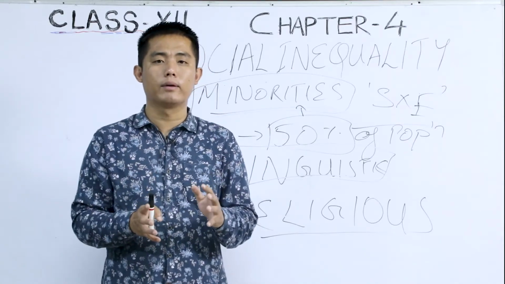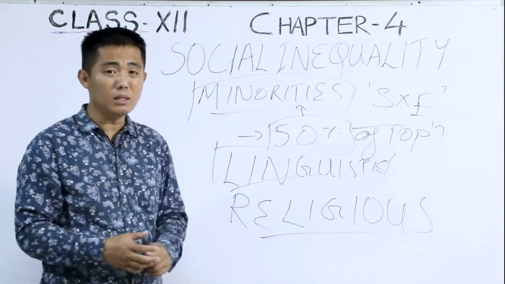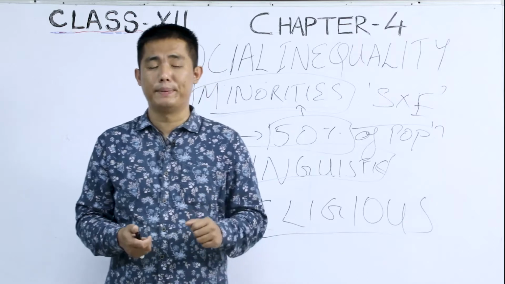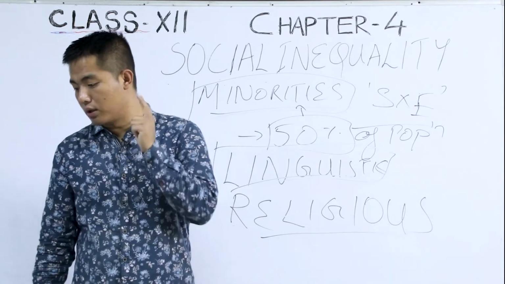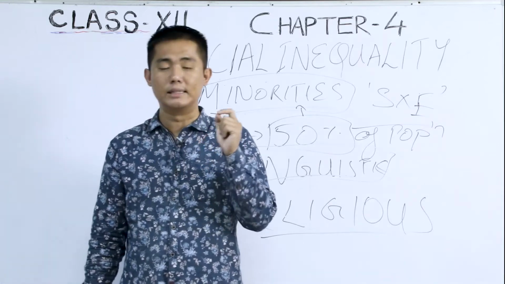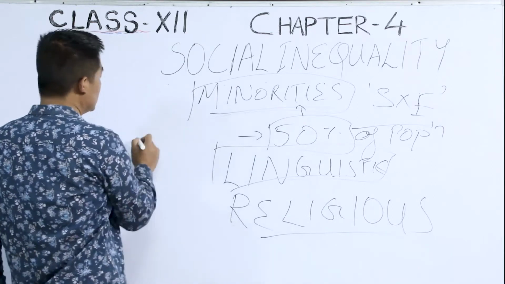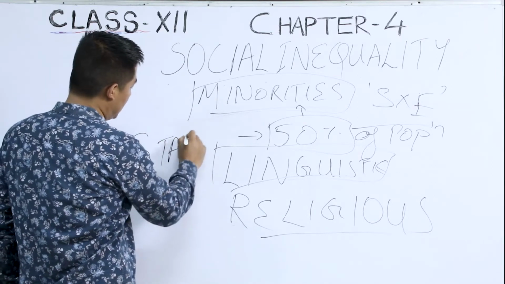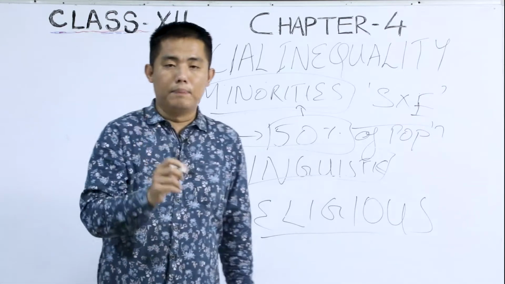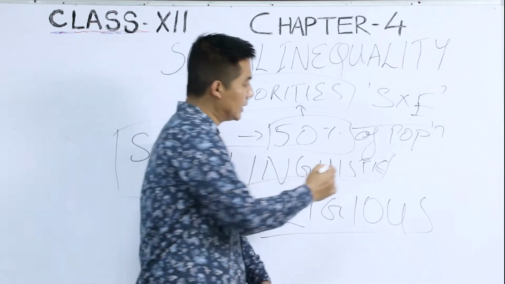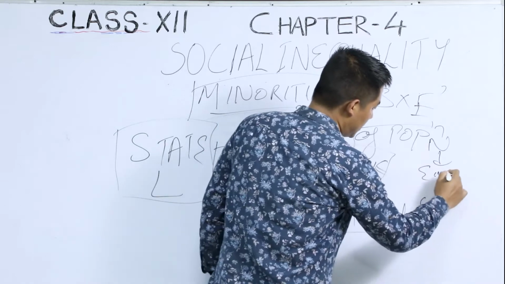And that is one of the reasons why there were different linguistic groups of people. It also says that linguistic minorities are those communities whose mother tongue differs from the state language. Now, there is a certain word called state language. Now, what is this state language here? The state, for example, the state of Nagaland, is saying that English is the official